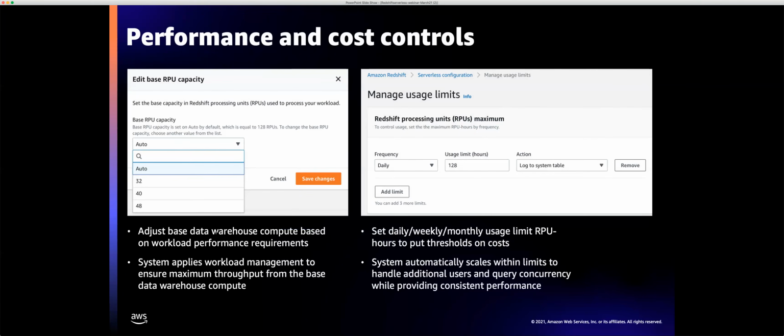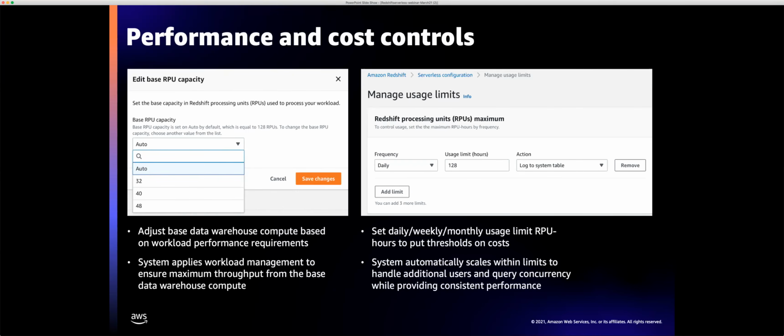Okay, so I talked a lot about making things easy to use. Our vision with Redshift Serverless is zero touch. You basically just get started, and Nirja will walk you through it in just a few minutes. We do provide a couple of optional controls. One is around performance, and the second is around cost. Think of it as a budget control, so that there are no surprises of any kind.